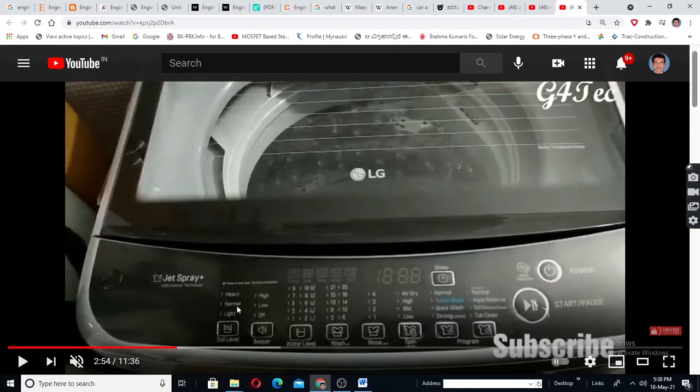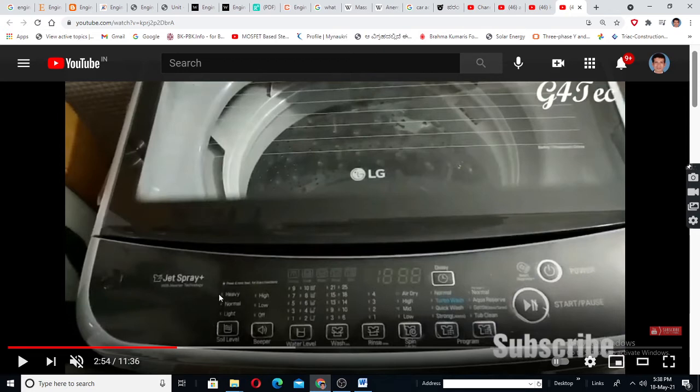You have here different options: heavy, normal, light. Heavy means for clothes like bed sheets, or heavy, thick clothes. Normal, and this is for light.